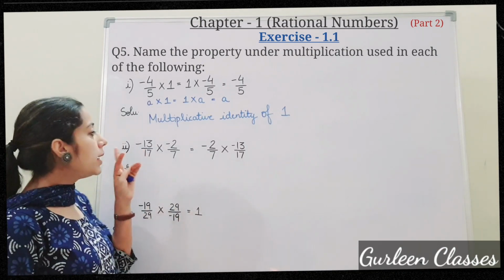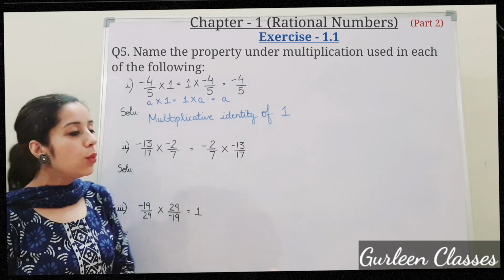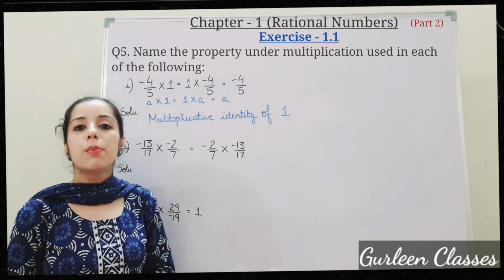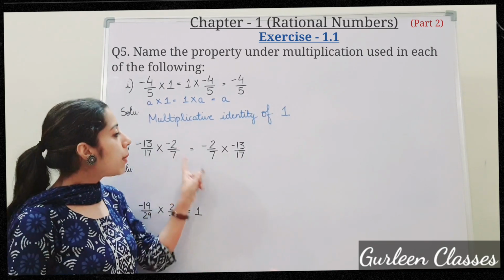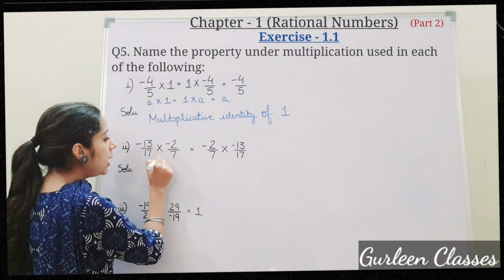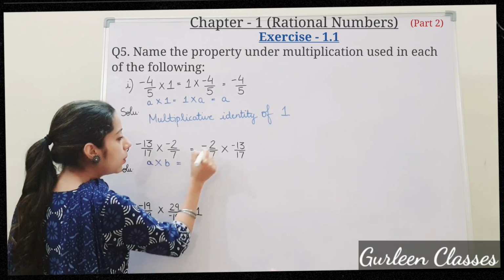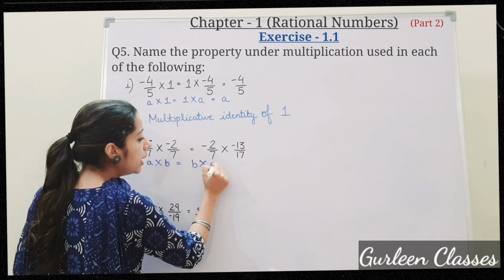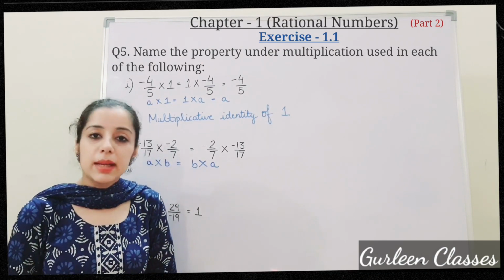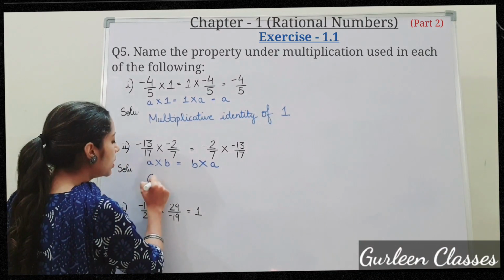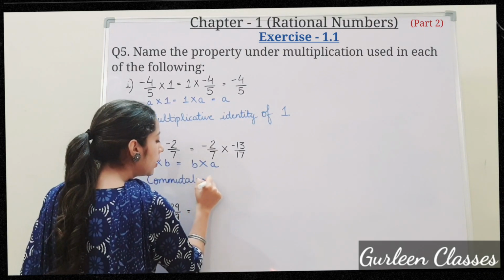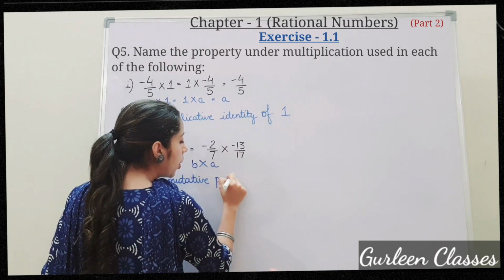Next part, minus 13 upon 17 into minus 2 upon 7 is equal to minus 2 upon 7 into minus 13 upon 17. Let us see the pattern. A into B is equal to B into A. Which property is this? Commutative property of multiplication. So right here the property is commutative property